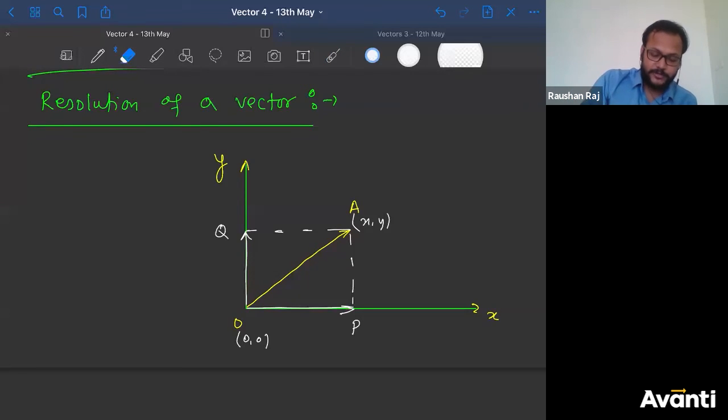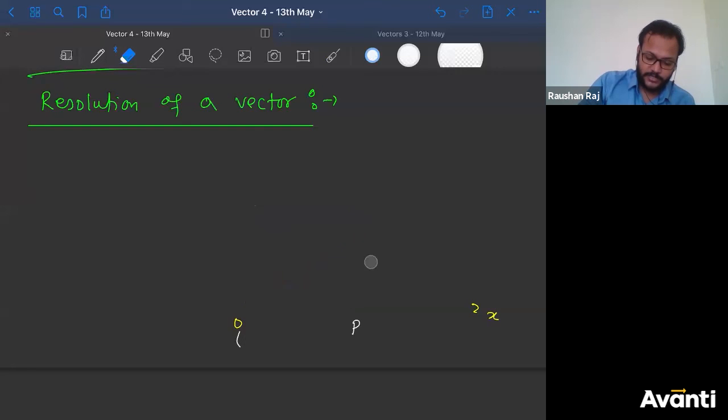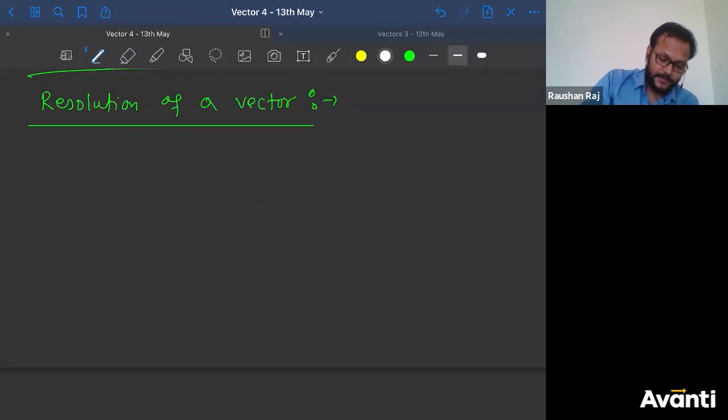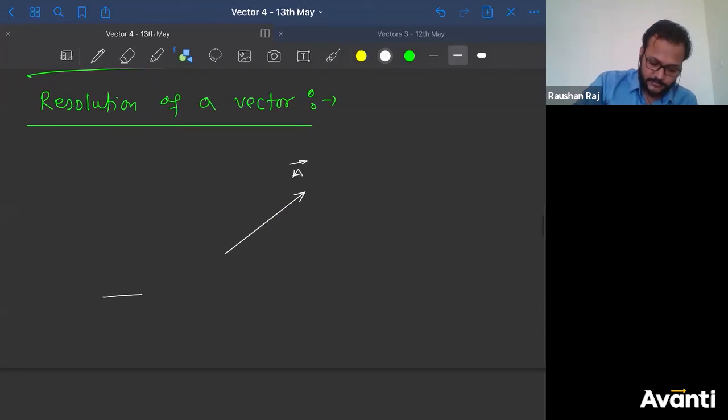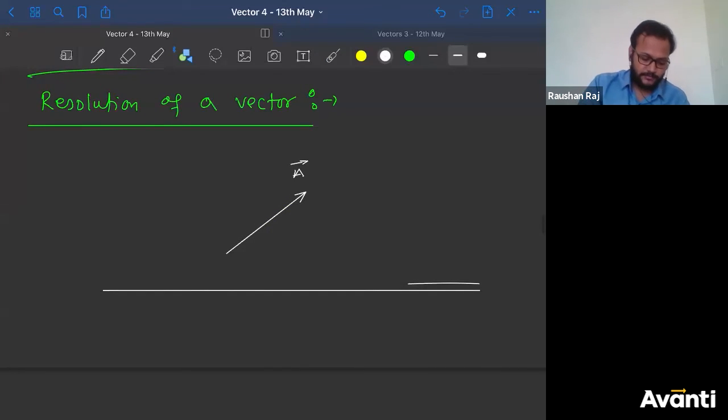अच्छा, अभी मैं पूछता हूँ, ये तो x और y के फॉर्म में है. What is the general meaning of component? तो मैं बताता हूँ आपको general meaning का meaning क्या है. ठीक है? If you are having a vector A like this, let me draw it a straight line. If this is vector A, ठीक है? And if this is, let's say, कुछ तो ऐसा line है, PQ, okay? ऐसा कुछ PQ है.